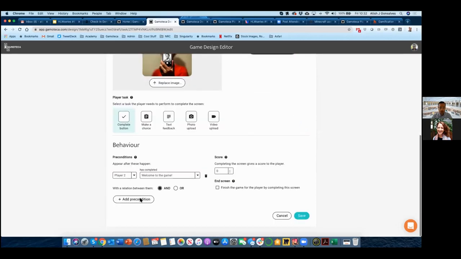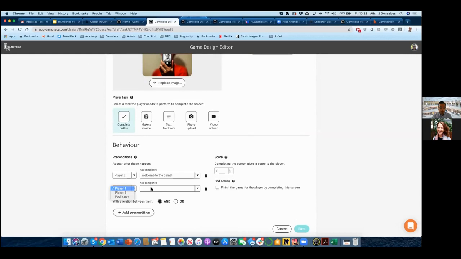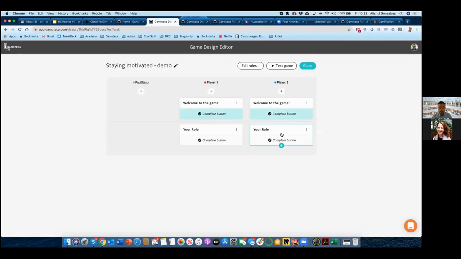I'm going to add also a condition for player one to have completed the welcome game screen, and now both of them have both dependencies. So this is very simple. So far, I've just welcomed them, I've introduced them to a role, but even then, I would really encourage you